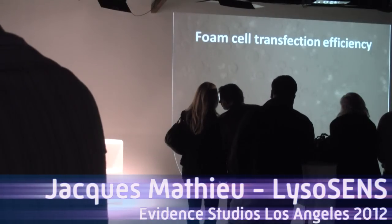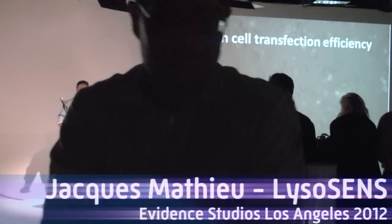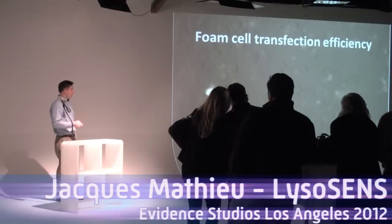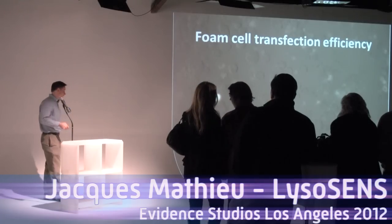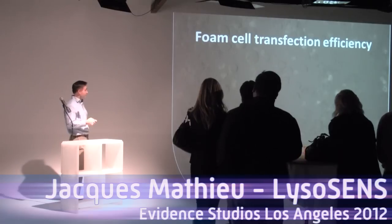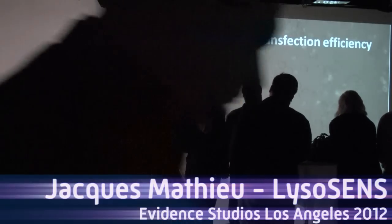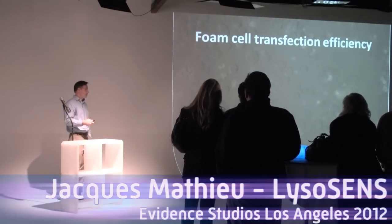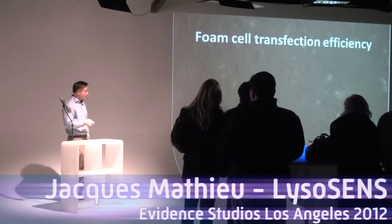Now, I was hoping I could come here today and show you the results of all these great treatments that I did yesterday in the lab. This is a picture that I took in the lab yesterday. The problem that we have with the foam cell is that we get very low transfections. Now, a transfection is what we call the introduction of DNA into the cell. So if I want to test some of these treatments, this is how I normally do it. But fortunately, I found that